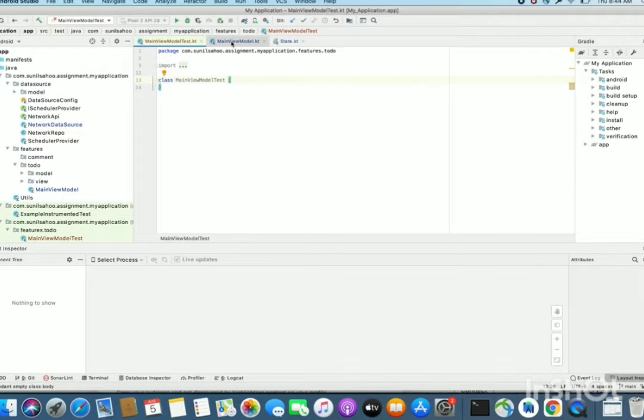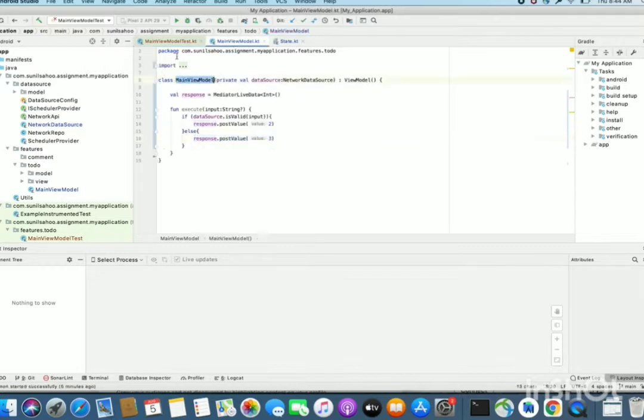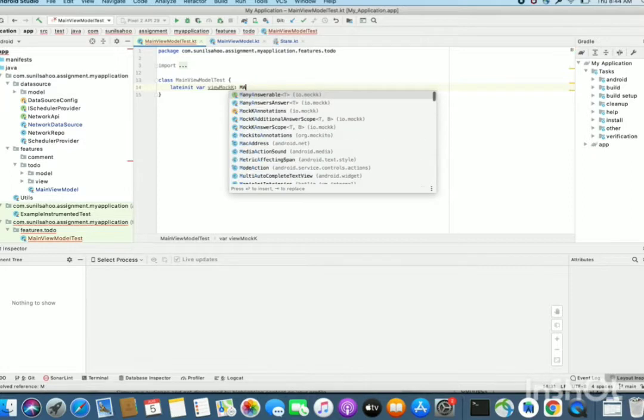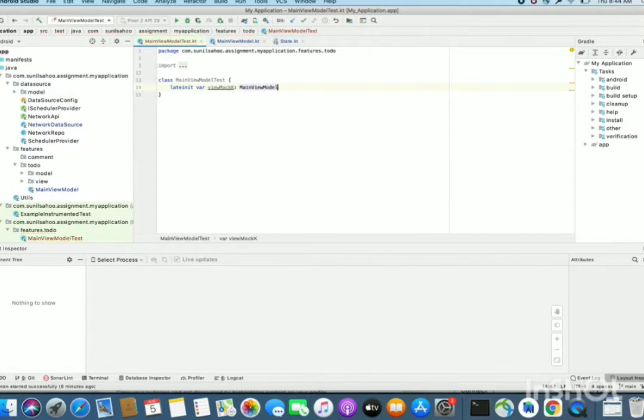Now let's write the unit test. As that was in MainViewModel, I have created a class MainViewModelTest. Now let's write here, let's say lateinit var viewModel, oh sorry, MainViewModel.